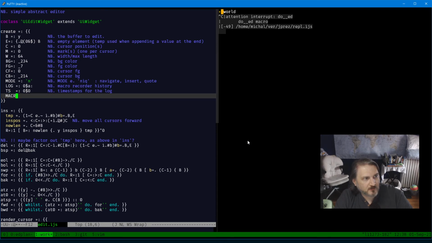I'm going to call macro the macro we're currently playing. There's no particular reason these are all uppercase. That's just kind of my convention. I don't know what other people do in J, but I'm using uppercase for the member variables of an object. Macro is the macro we are currently playing,